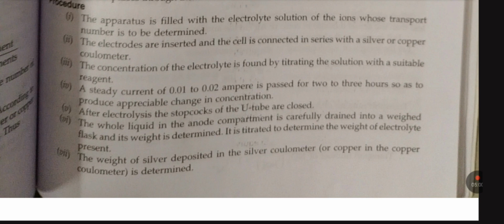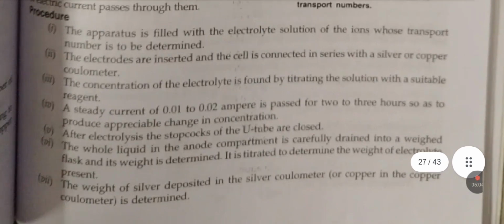The electrodes are inserted and the cell is connected in series with a silver or copper coulometer. The concentration of electrolytes is found by titrating the solution with a suitable reagent. A steady current of 0.01 to 0.02 ampere is passed for 2 to 3 hours so as to produce